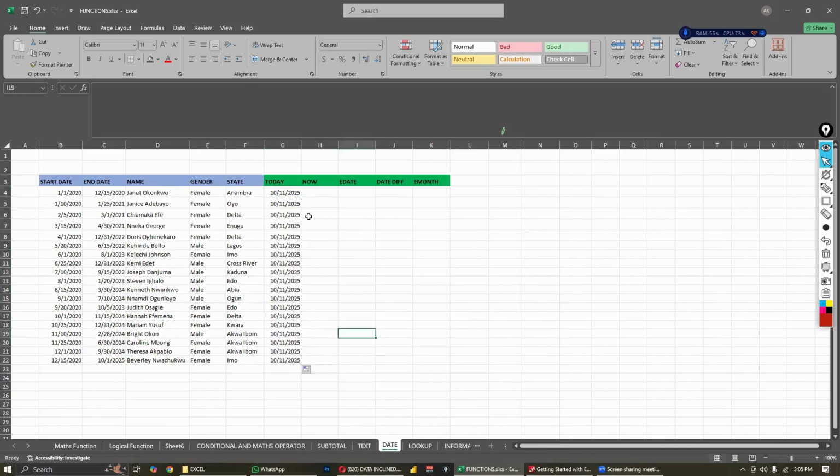Can you see? Just one formula will give you today's date, so you can know today's date. If you want to know what the time is saying, you can use it. Don't worry, we have use cases for all these functions I'm giving you. So if you want the time and the date right now,